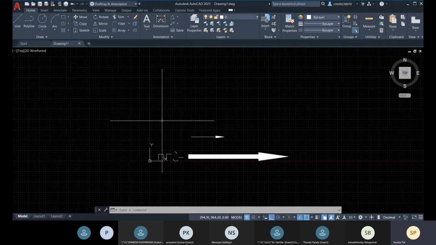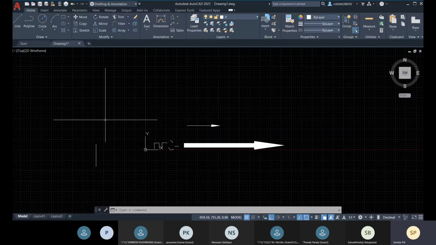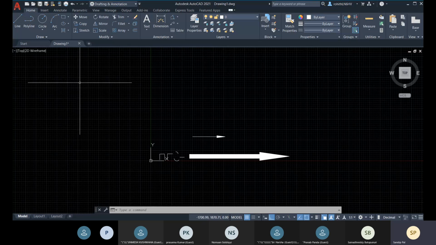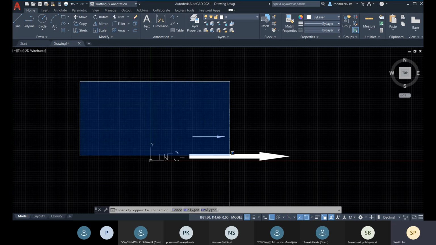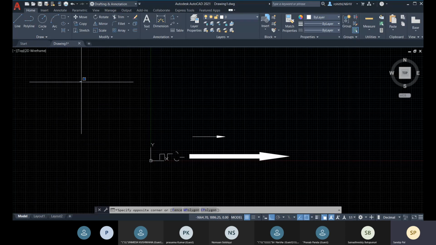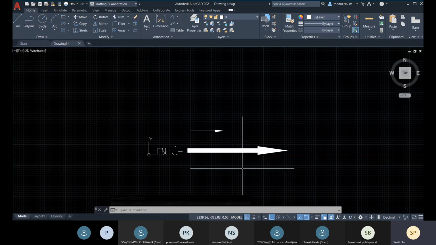To create the blue window, wherever you click within this viewport, if you drag from that point towards its right side, then you will have a blue window. And from that point, if you drag towards the left side, you will have a green window.